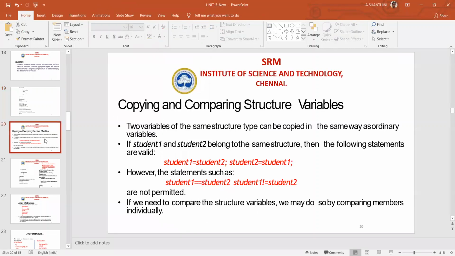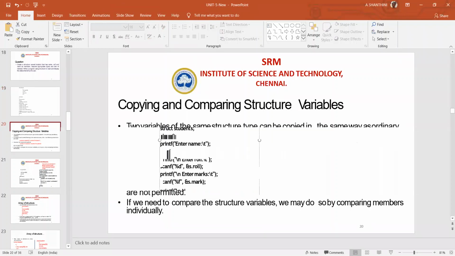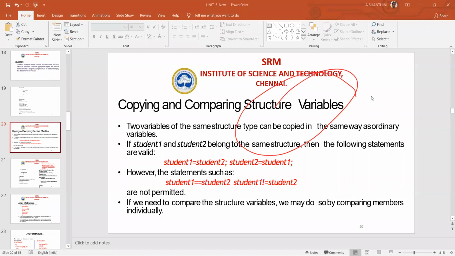While comparing, two variables of the same structure can be copied in the same way as you normally copy variables, right? For integer variables, you declare the variable x1 and assign a value, for example 10, and then you declare a variable called x2, and assigning the value of x1 to x2 is also possible.